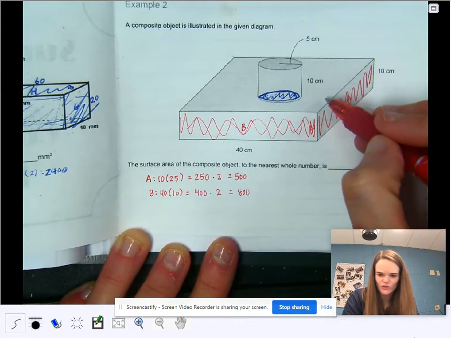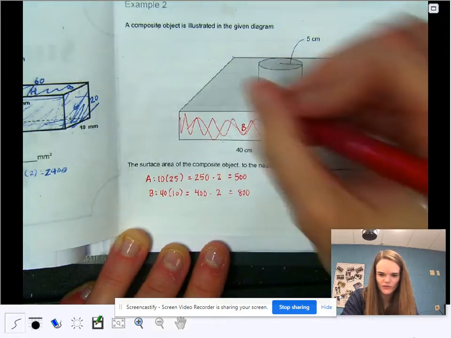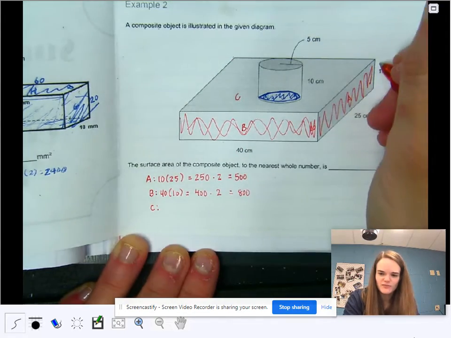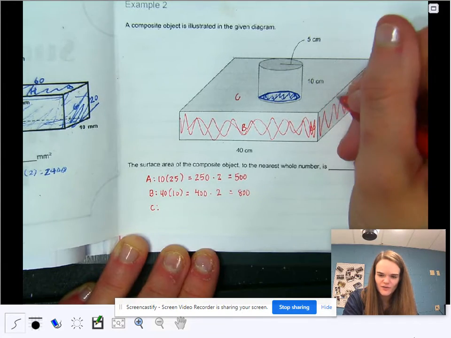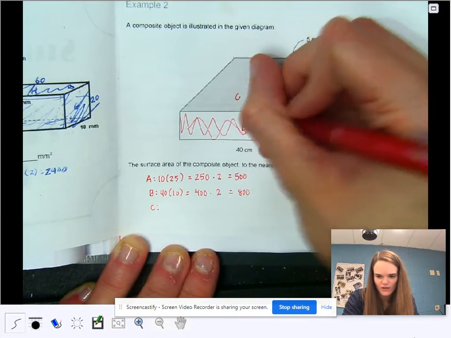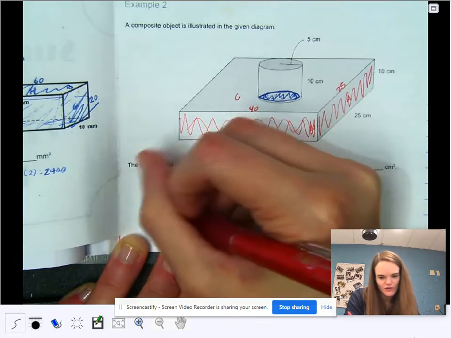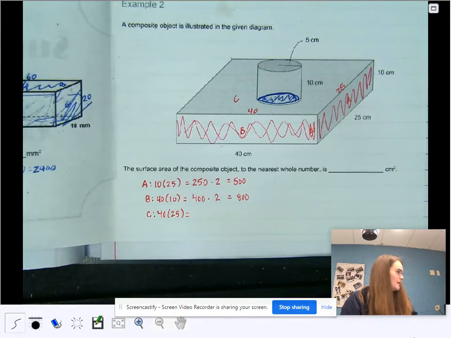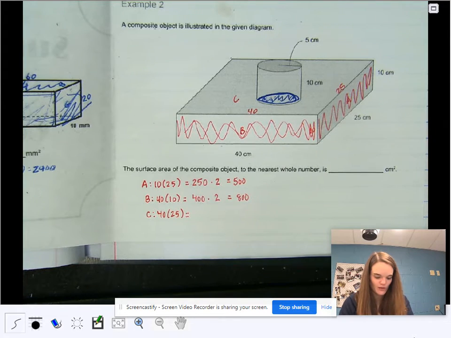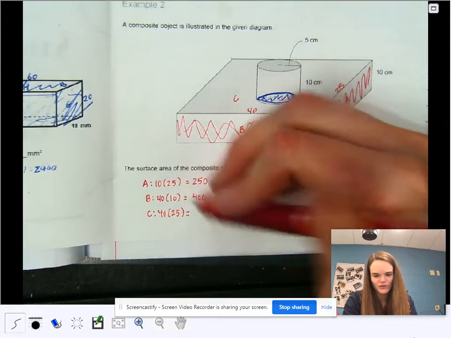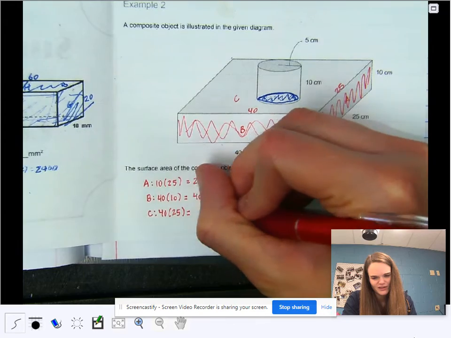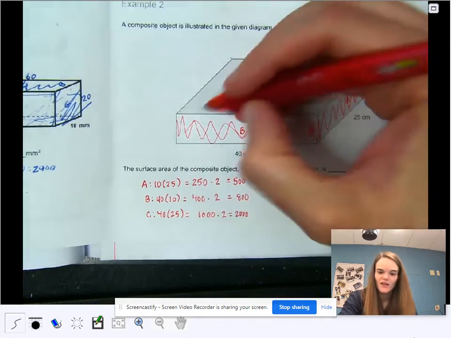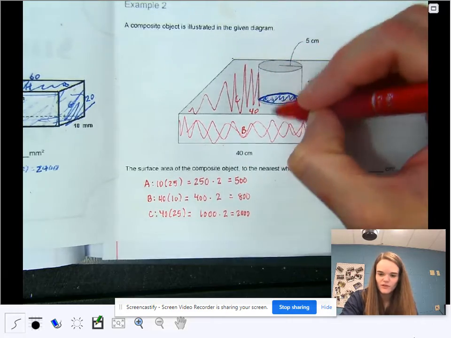Okay, and then I'm going to do the top, and there is a bottom here, so let's say that's C. And this is 25 by 40, because this is 40, this is 25. So 40 by 25, and there are 2 of them, and like I said, sometimes I make simple math mistakes, so let's type it in just to be sure. Yep, 1,000 times 2 is 2,000. Okay, that's the box. Let's talk about